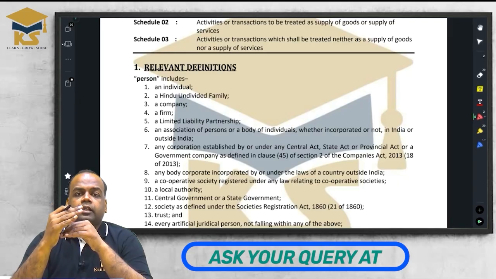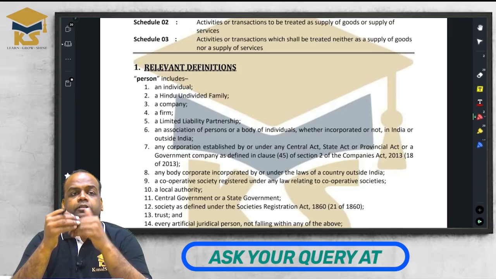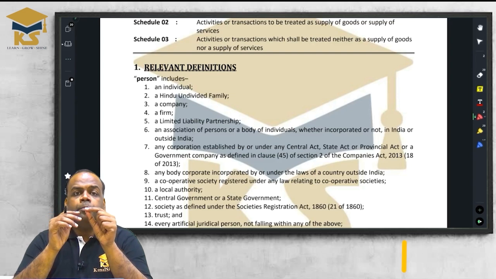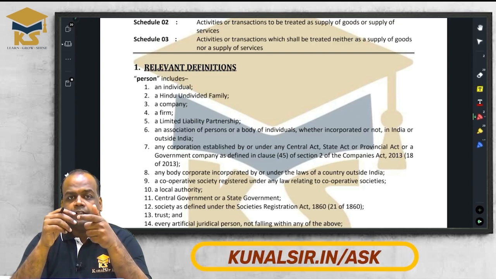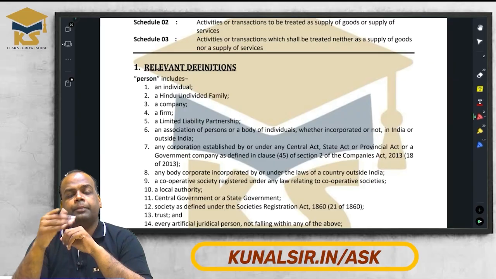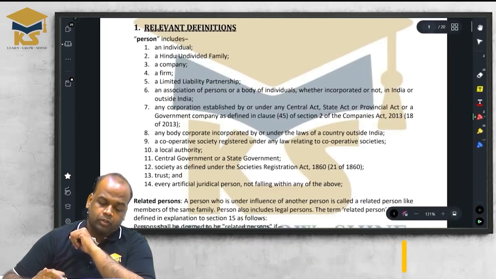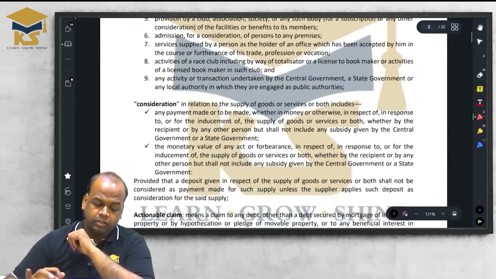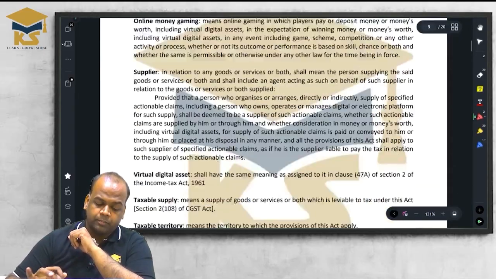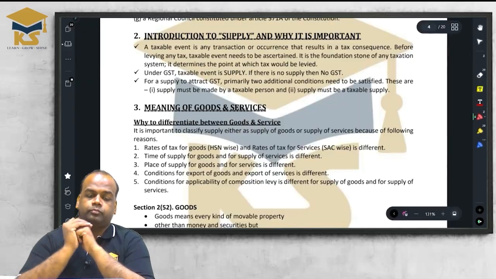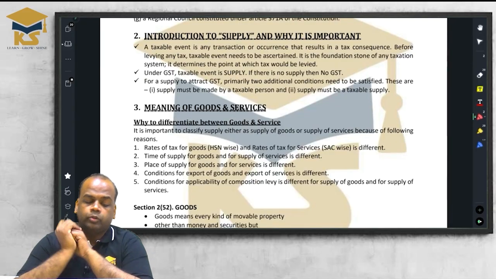So ICAI does not have a scope to ask questions on definitions, but these are very important for understanding a section. So we'll take these definitions as and when they appear in our theory. So at present we are not going to see each and every definition, so we can skip topic number 1, and now come to topic number 2,